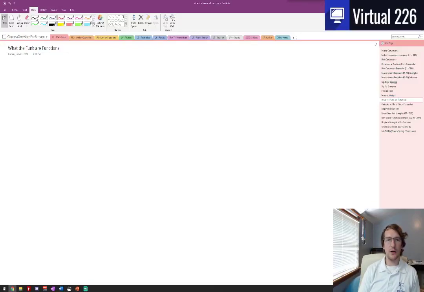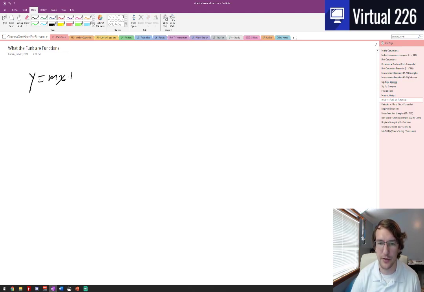What the funk are functions? So we're talking about math tools right now, and I'd like to take a minute to step back from the physics side of things and go closer to a math world. Okay, what are functions? Now, in your math classes, in theory, you've been for years looking at equations like y